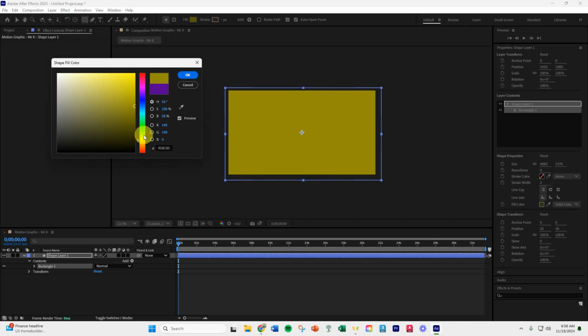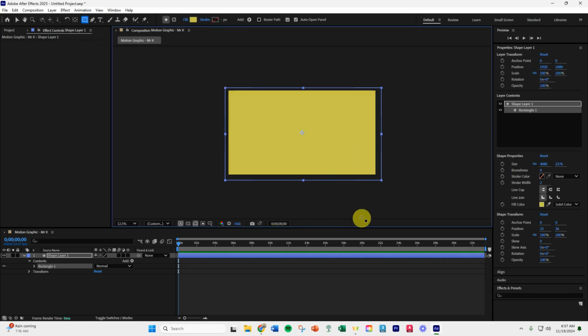Okay. So I can find more of a yellow color, and then I can adjust it here. Perfect. And then click OK, and we can set that up. All right, next up, what we want to do is adjust some of the things going on with this. And we want to go down here, and we're going to add to this shape,